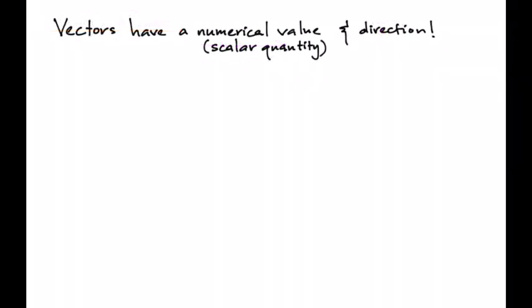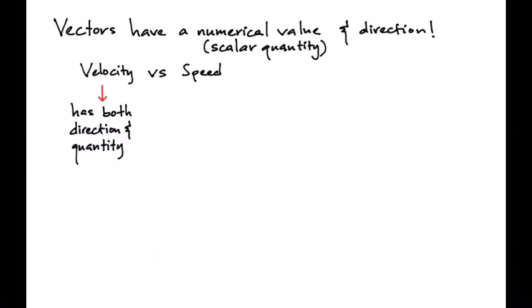If you haven't taken calculus or physics, then most likely you've never heard of this concept known as vectors. But if you have, then you can skip this part. So vectors have a numerical value known as scalar quantity and direction. Here's an example: velocity versus speed. Velocity has a numerical value and direction, whereas speed only has the scalar quantity. So because velocity has both direction and quantity, we have a vector, whereas speed only has a quantity or scalar quantity,